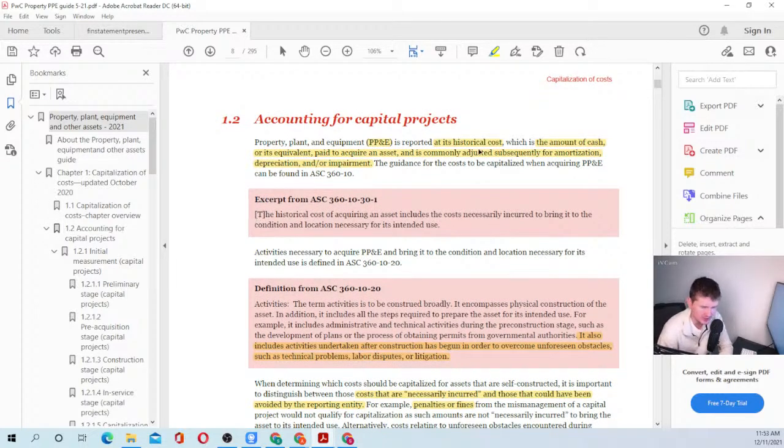And the historical cost. So we might ask ourselves, what is a historical cost? Historical cost is whatever we paid for the assets plus